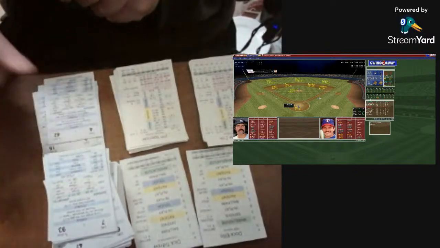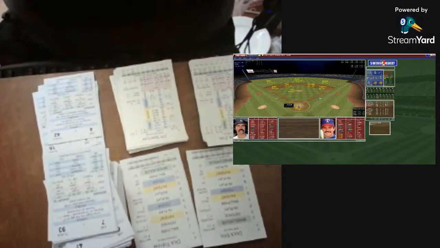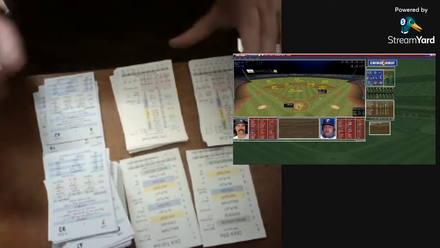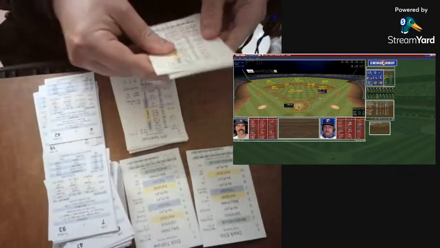Let's see where it goes. Line drive in the center field. So Zisk really did get a good piece of it. He's on first with nobody out. He's not going anywhere, he's not the speediest of foot. So first with nobody out.